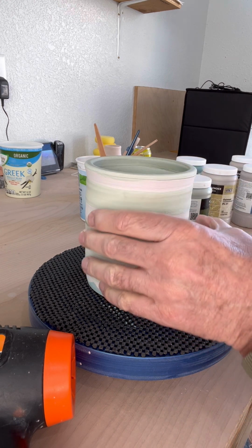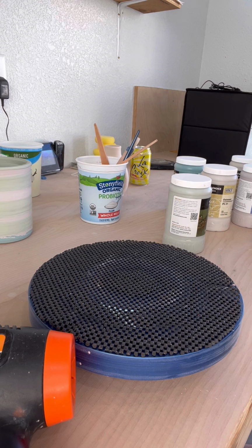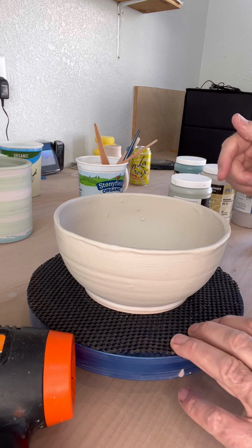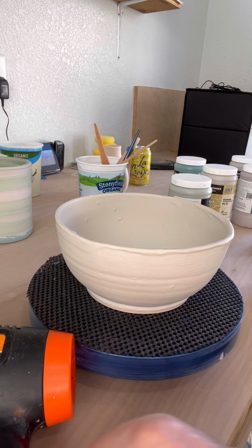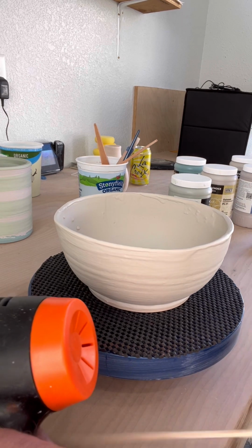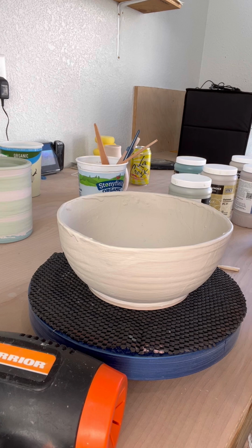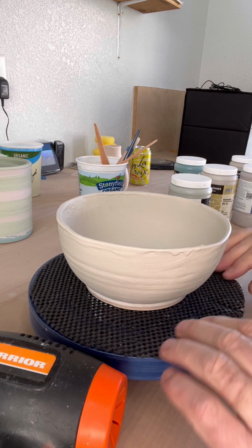Let me step this off here a second. And this was a bowl that I just kind of put some edges on. When it was wet, kind of dry, I kind of squared it. This makes it a little different than just a plain old bowl. I'll try to start showing some more clay stuff instead of just glazes if it helps anybody. If anybody's interested in that. I had somebody ask that I